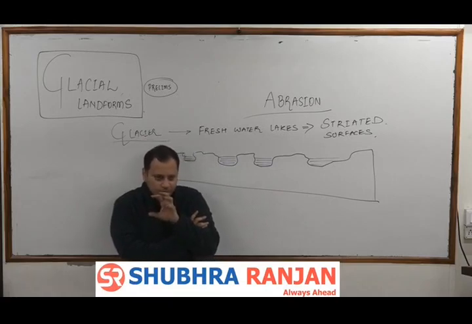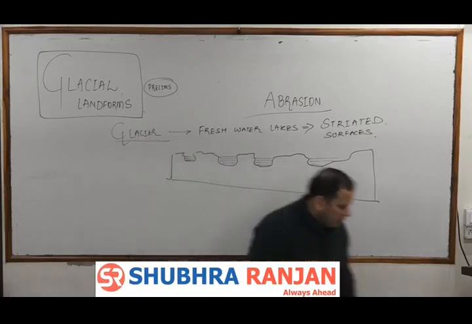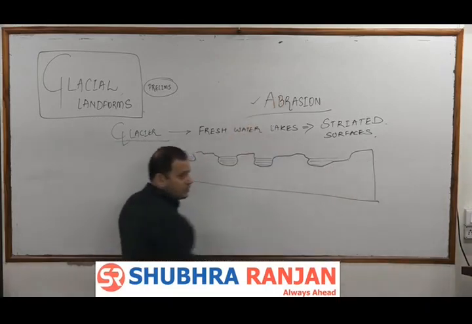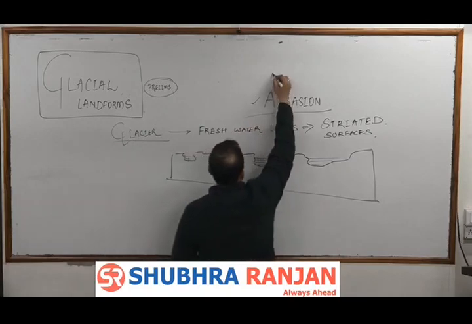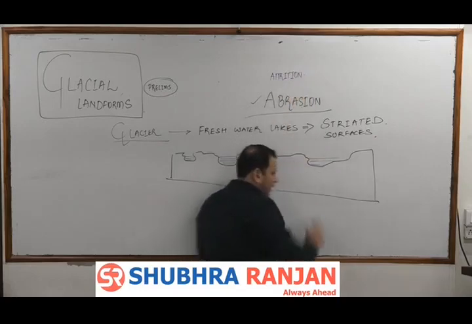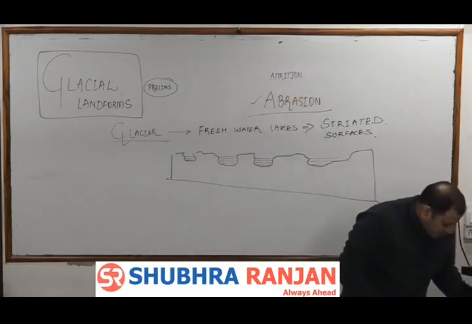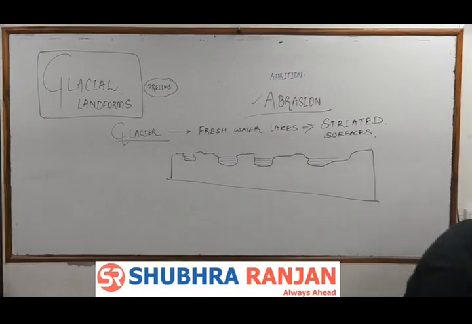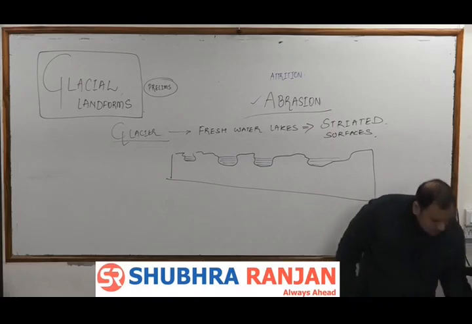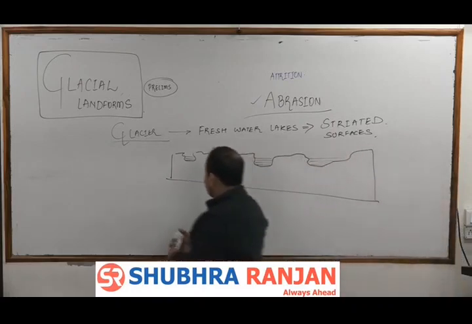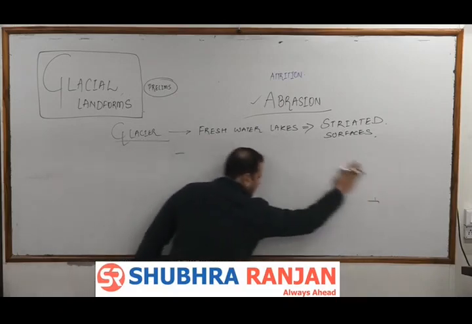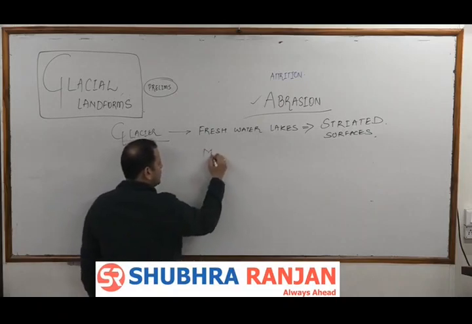Fine with this? When the glacier is moving down, when it is coming down the mountains, the glacier can do abrasion, scratching, which is the most important tool, and it can do attrition. It can do attrition means the particles in the glaciers will rub against themselves, and after rubbing against themselves, these particles will break down to form smaller particles, and hence जैसे हम alluvial deposits कहते हैं, these are the debris that are deposited by the rivers. Glacial deposits will be known as moraines,